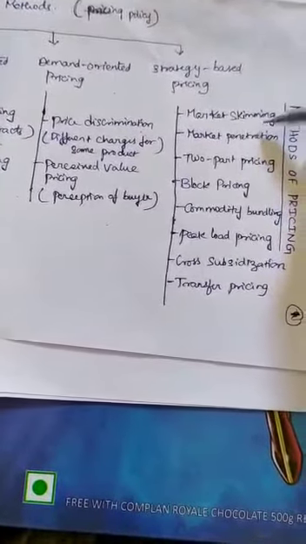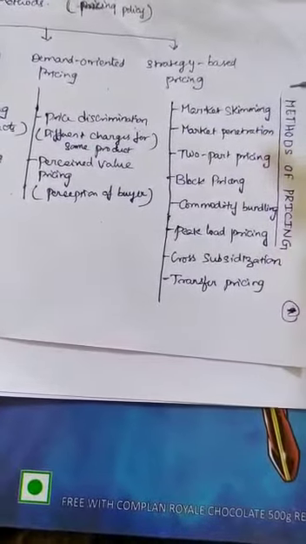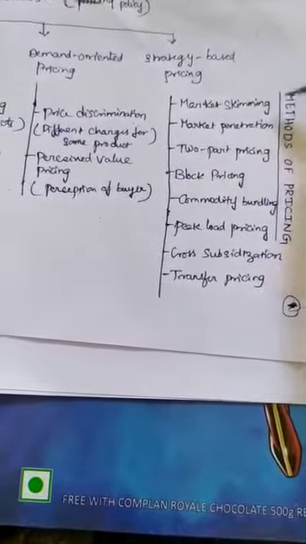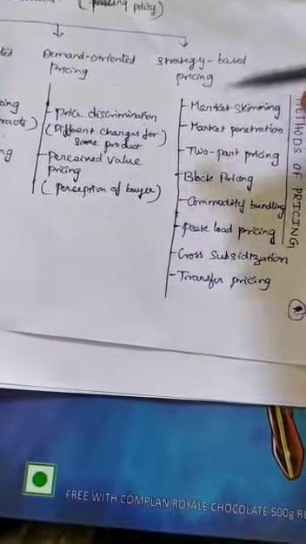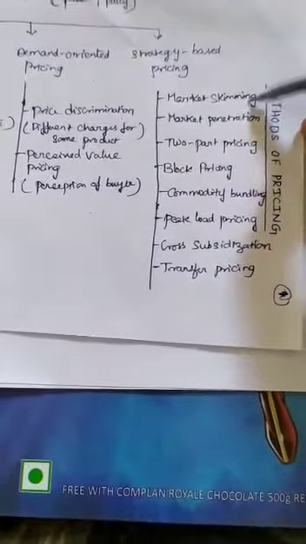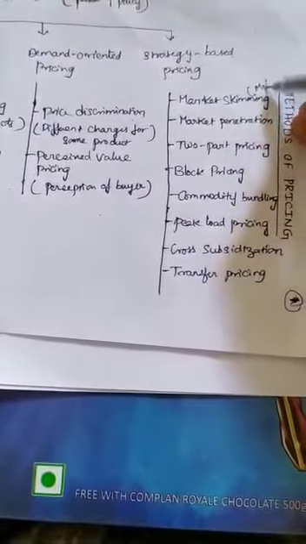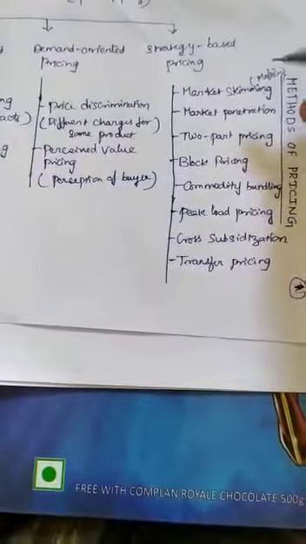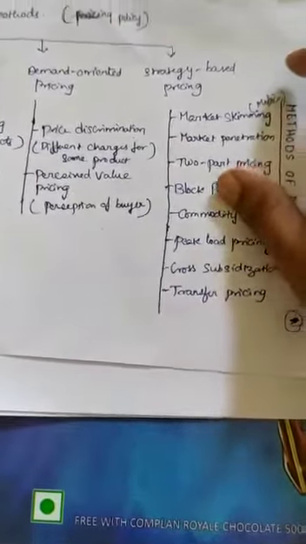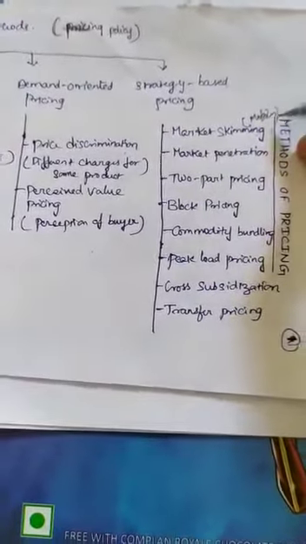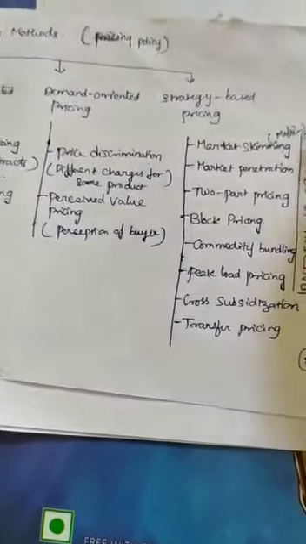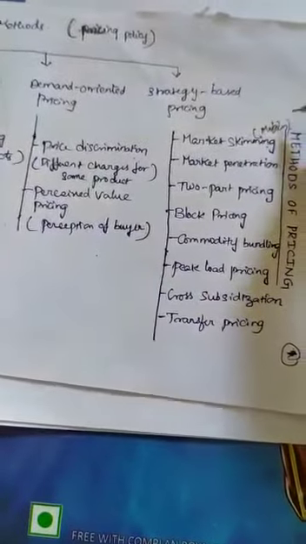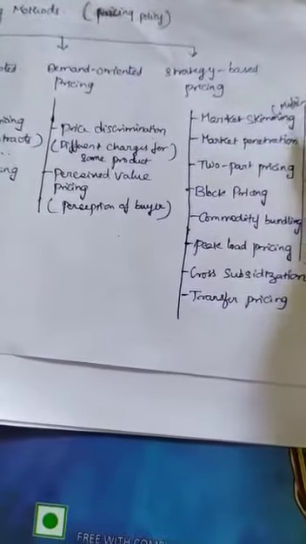It is a pricing strategy where the marketer sets a relatively high initial price for a product or service at first and then lowers the price over time. For example, the best example is mobile phones, Samsung, Apple. These phones first enter the market at a high price when the new version is introduced and then the price lowers slowly. It is called market skimming.